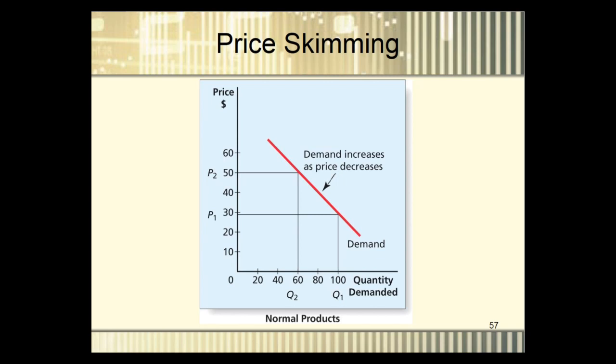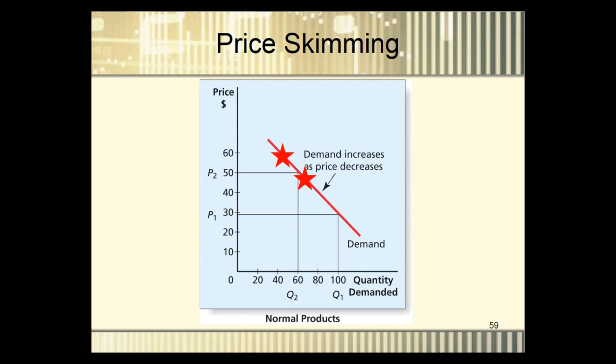Remember our demand curve. The demand curve says at various price levels, here are the various amounts of quantity demanded. The interesting thing about this is we can choose a high price that will then result in a lower quantity demanded, or a much lower price that can result in a higher quantity demanded. What some companies decide to do is, since there will be some demand at a high price, let's go ahead and price it high, because we know there's going to be some demand. After a period of time, they then lower the price. When they lower the price, now there's more demand.